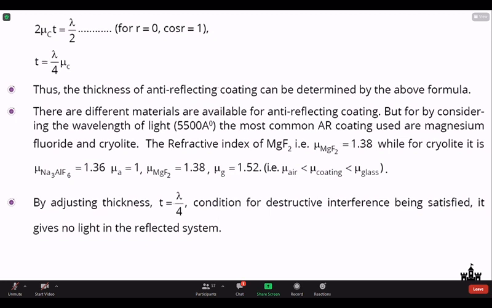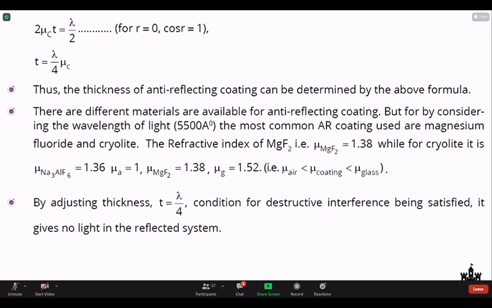In some cases, you want to reflect all the light. For example, आपके कार या बस में जो glasses हैं, there you want to keep your vehicle cool inside, right? You don't want to absorb the light. Then you will have this reflecting coating. All the light will be reflected out. It won't be absorbing. So you will have to create the thickness of the film on the glass in such a way.